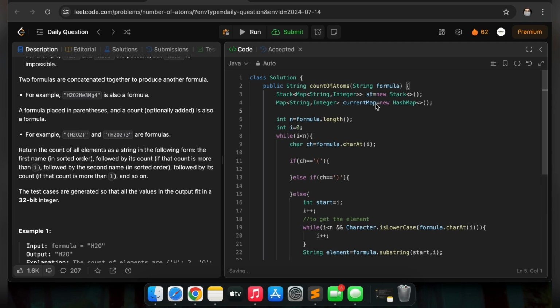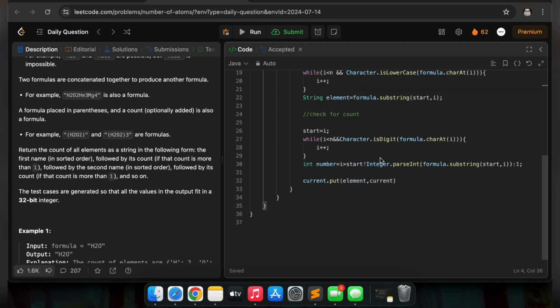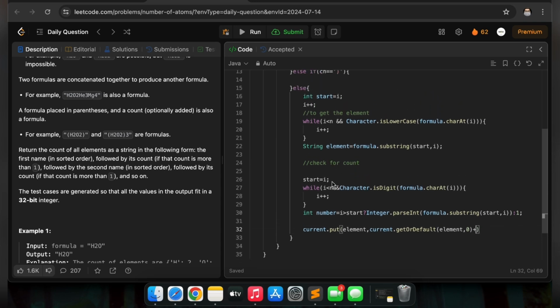Let's just keep as current only. Why type so much? Current dot get or default element. If not, then 0. Then add. What do we have to add? We have to add the, let's say, count